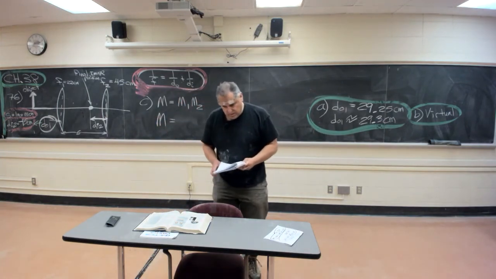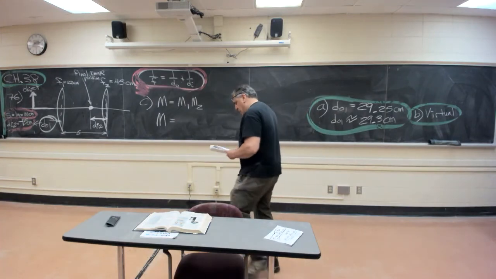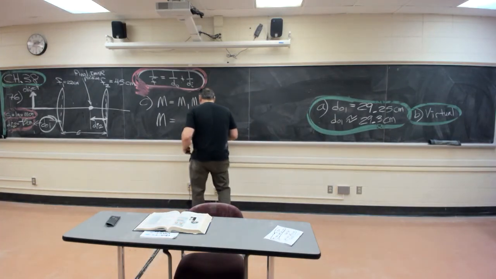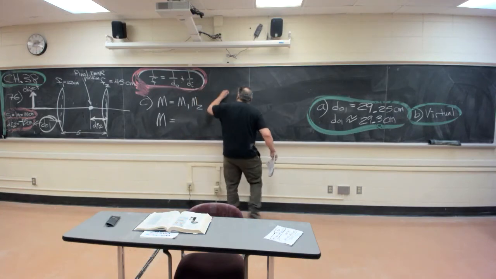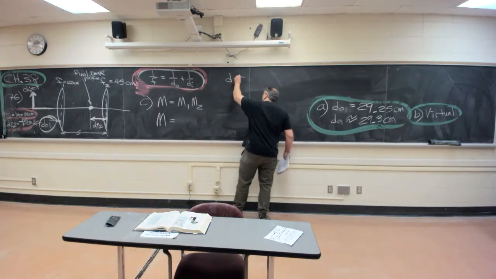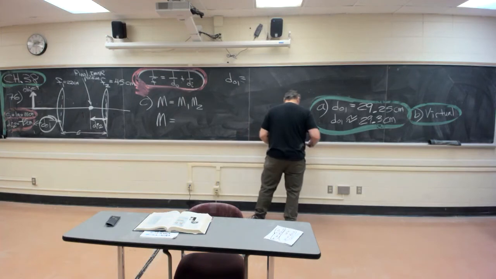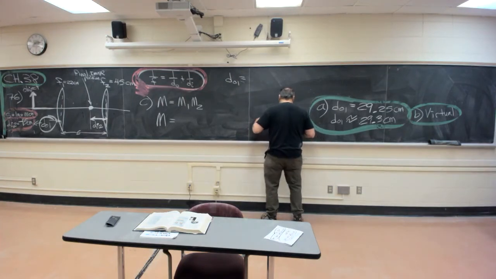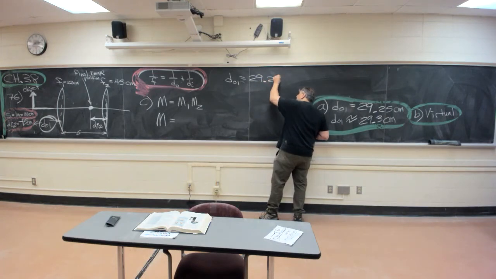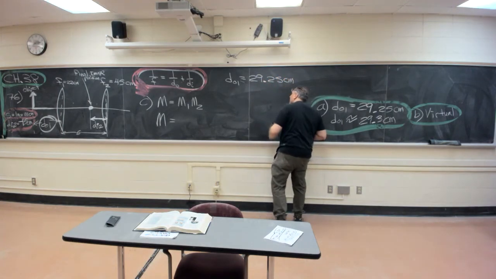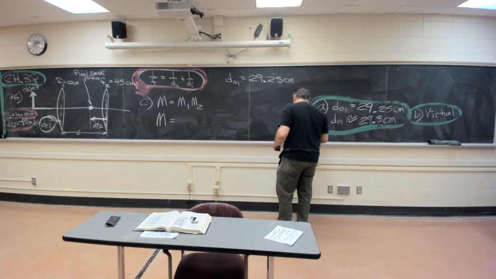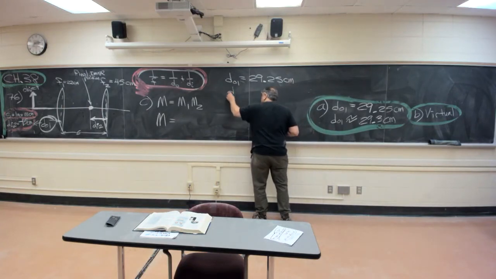Well, in relation to the first lens, didn't we say that DO... so we said a lot of stuff. We said that DO1 is 29.25 centimeters. 29.25 centimeters, DO1. DI1